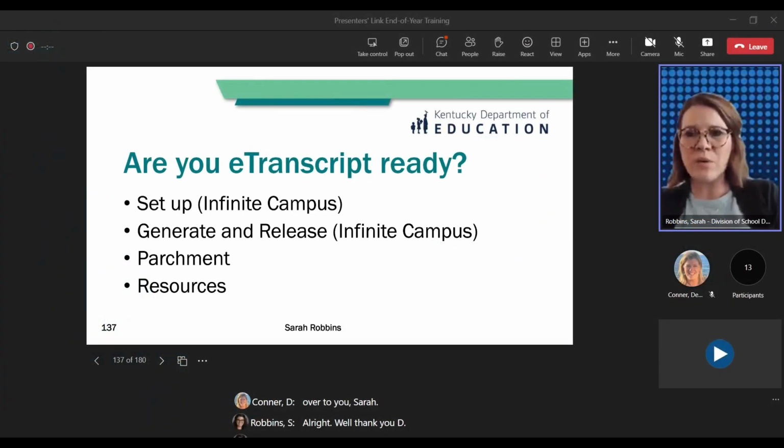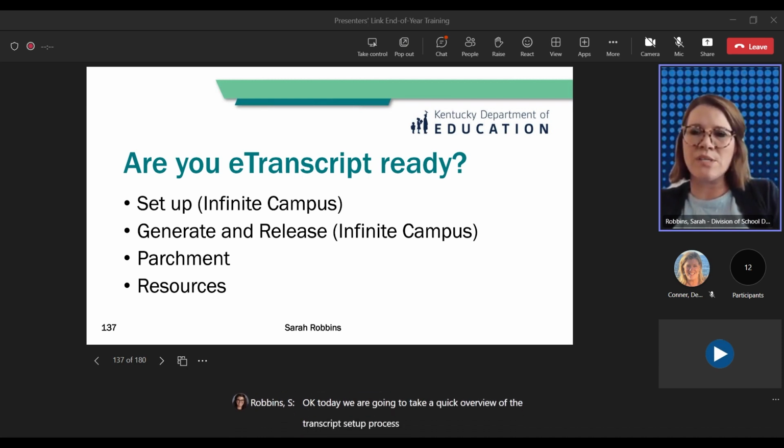Okay, today we are going to take a quick overview of the transcript setup process. It's always good to double check those settings so there are no issues when you are releasing the e-transcripts. This work should typically be done at the beginning of each year, but it's always good to double check to ensure your students aren't impacted by not being able to get their transcripts to their school or schools of choice